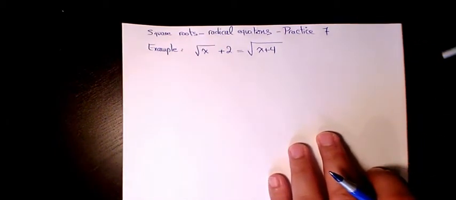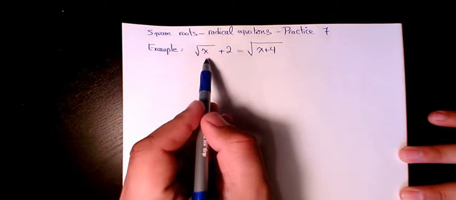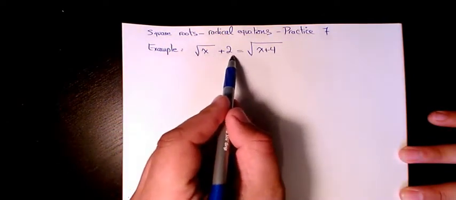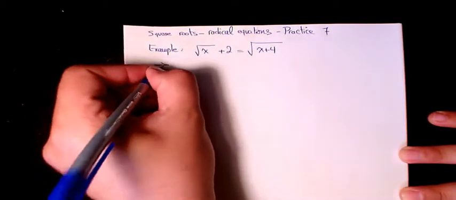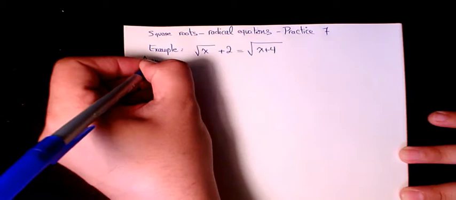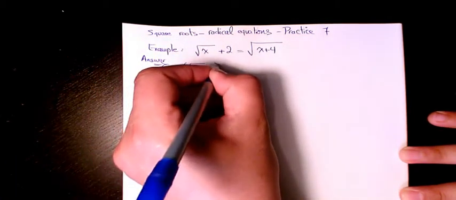Welcome to my channel. In this video I want to show you some examples regarding solving radical equations. The first example here I have square root of x plus 2 equals square root of x plus 4. The answer is: we square both sides,